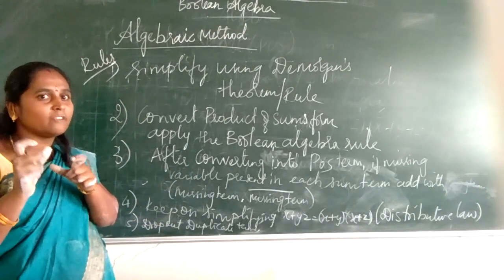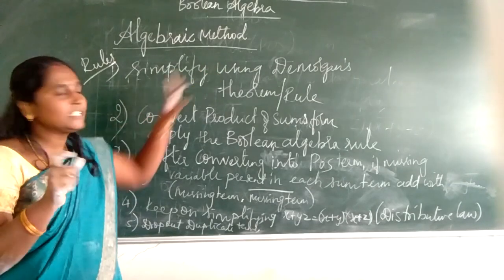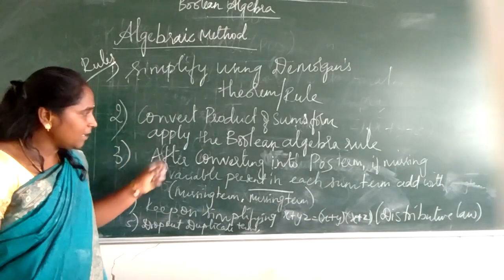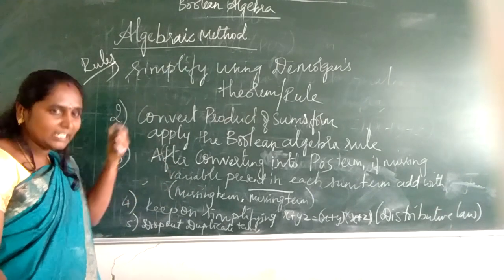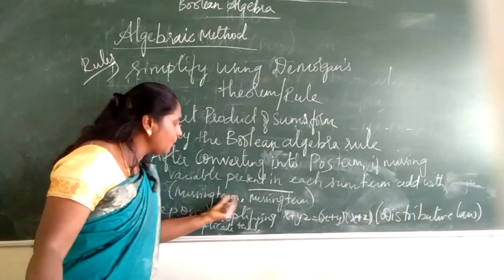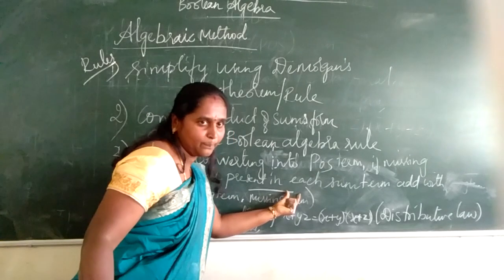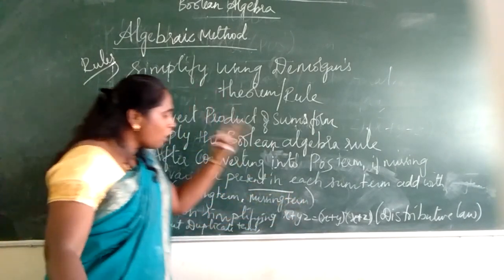In POS it is called a sum term. If any variable or literal is missing from a sum term, add the missing term together with its bar, the missing term times missing term bar. Okay, after adding,